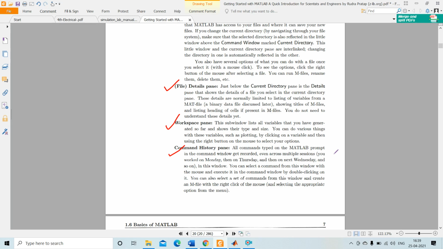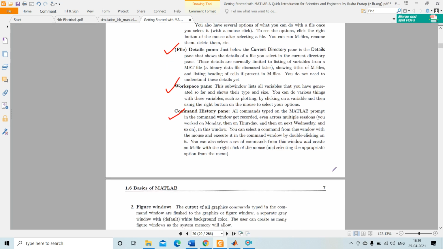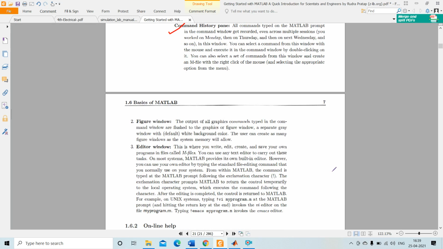In this window you can select a command with the mouse and execute it in the command window by double clicking on it. You can also select a set of commands from this window and create an M file with the right click of the mouse. Clear?